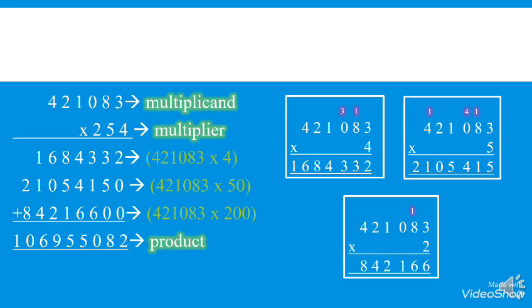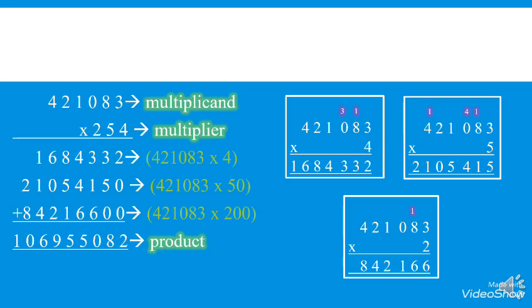Always start adding the numbers from the unit column. So we start adding the values. 2 plus 0 plus 0 will give you 2. 3 plus 5 will be 8 plus 0 will be 8. 3 plus 1 is 4. 4 plus 6 is 10. You will write 0. 1 will be carry. 4 plus 4 is 8. 8 plus 6 will be 14. 14 plus 1 will be 15. You will write 5. 1 will be carry.